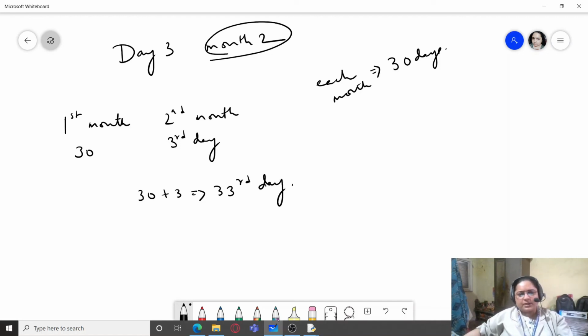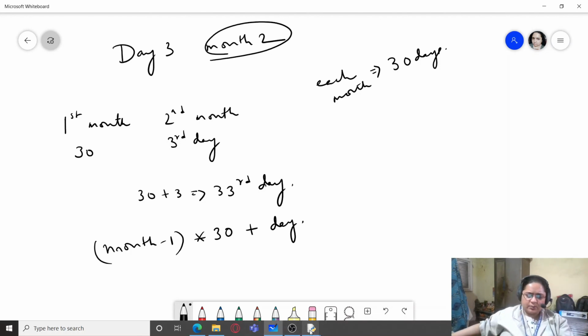So for this, whatever month is given, we have to deduct 1 from there. That means month minus 1 multiplied by 30 plus day. So this will give me the correct result. So let us do it.